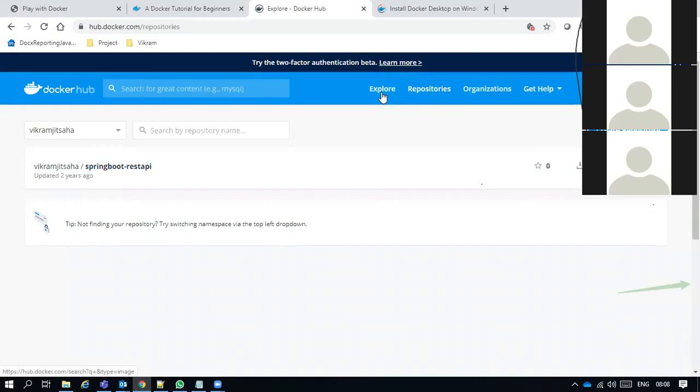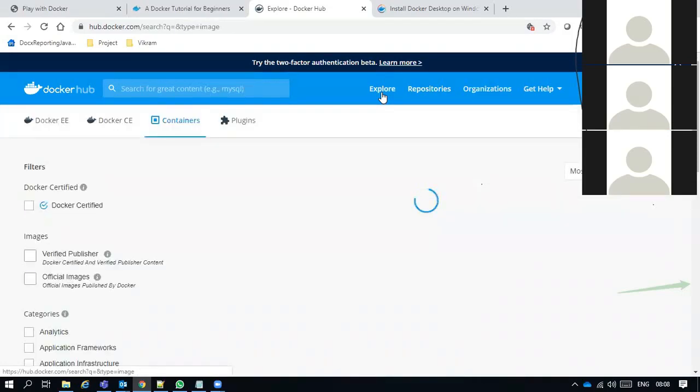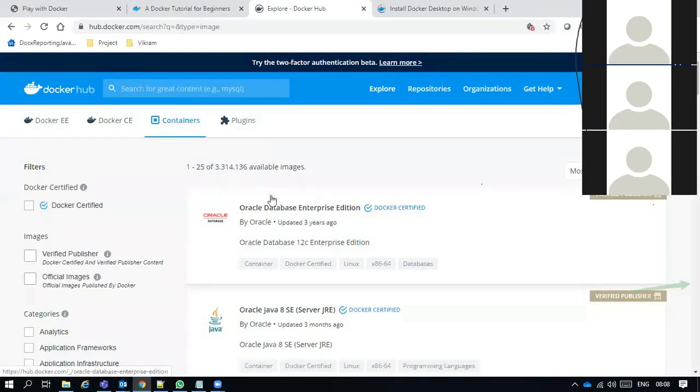If you go to the explore section of it, you see this is what Docker has in. So let's say Docker has an Oracle database engine as an image here. It is uploaded by Oracle themselves, 3 years ago. So everybody is contributing to this pool, like it's like a Google Play Store where everybody, Google, Adobe, everybody puts their apps there for us for free. Here also in Docker Hub, everybody is contributing their images. What these images are actually